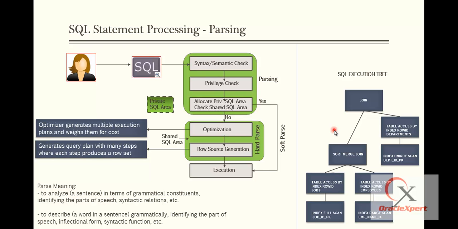The criteria for join was job ID column of employee joins job ID column of the jobs table. This is where the sort merge join operation has taken place. And then I go here, there's another operation, that is index unique scan on the basis of department ID, which